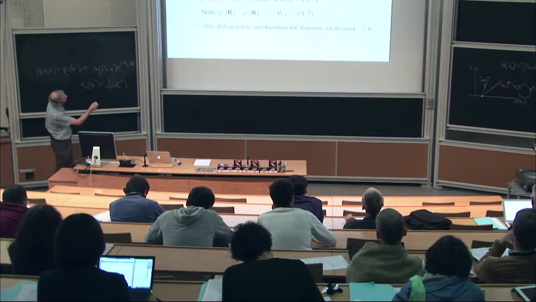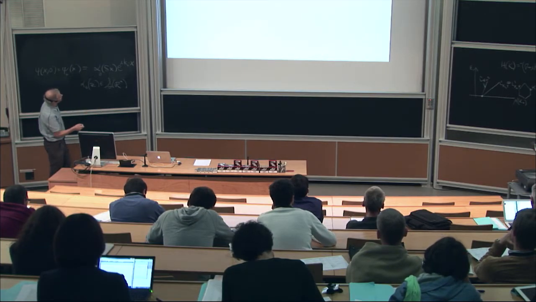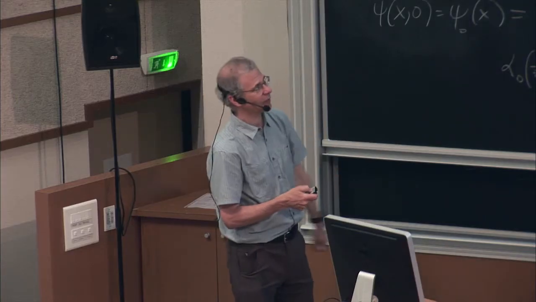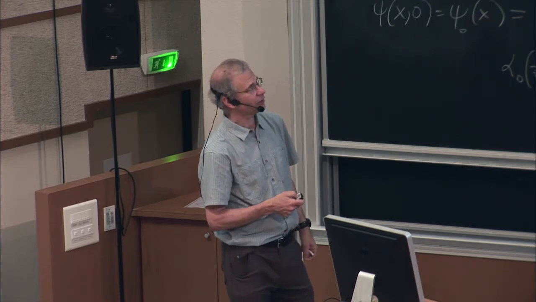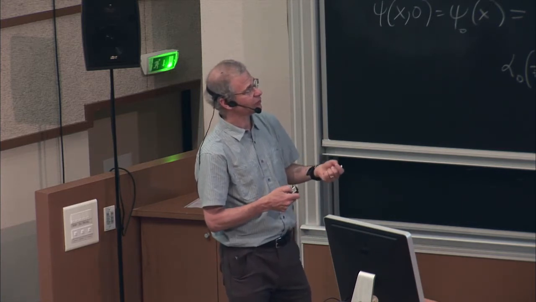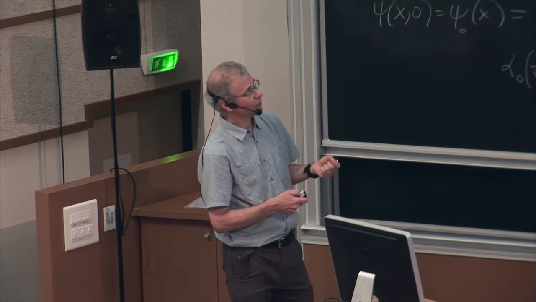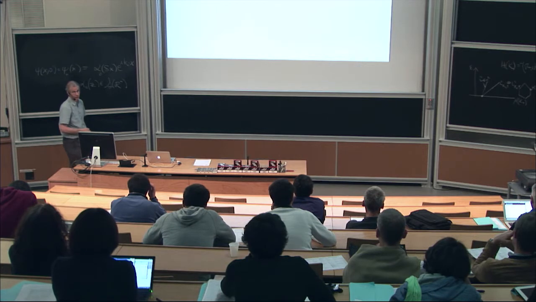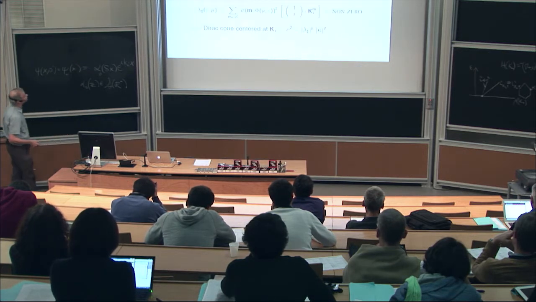So this is the small epsilon expansion. Well, you see how far you can go. You try to proceed by continuation. You let epsilon c be the supremum over all values of epsilon, such that the hypotheses which ensure that you have a Dirac point hold. And, well, as a function of epsilon, these are Lipschitz. So if there's a finite value where you stop, then you know that that eigenvalue has to be finite. Right? If this were infinity, then I'd be done. Then I would know that I get a honeycomb structure all the way up to infinity.